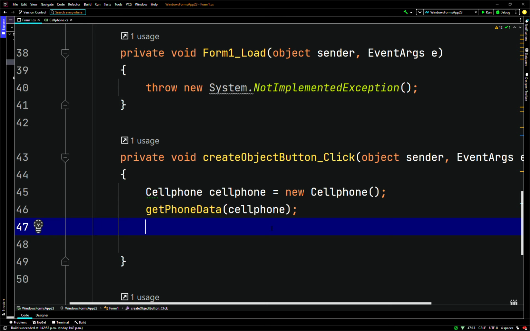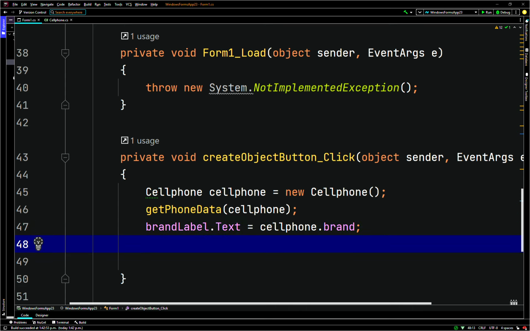So here we'll just display some data. We have, for example, brand label. We're going to set the text boxes on the button click. So when the button gets clicked, we'll set the labels' text properties to the properties of the phone. So we'll go brand label dot text, for example, points to cell phone dot brand, like that. So we'll go with model label